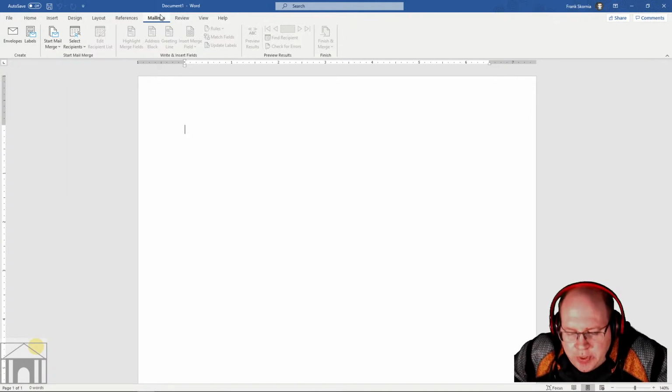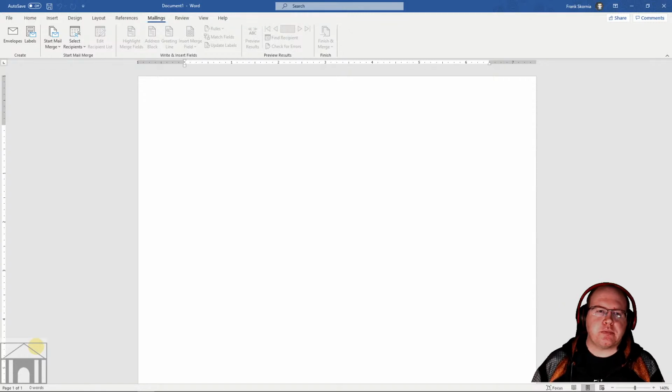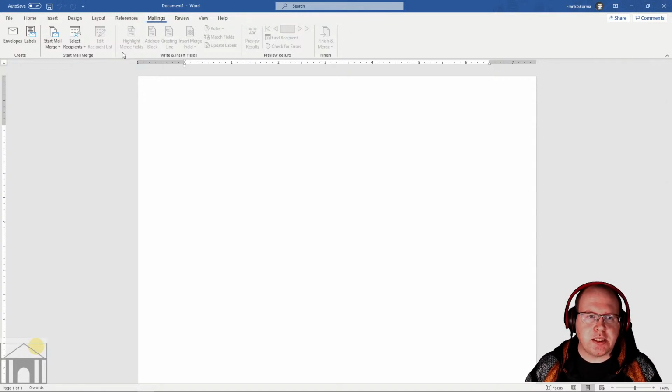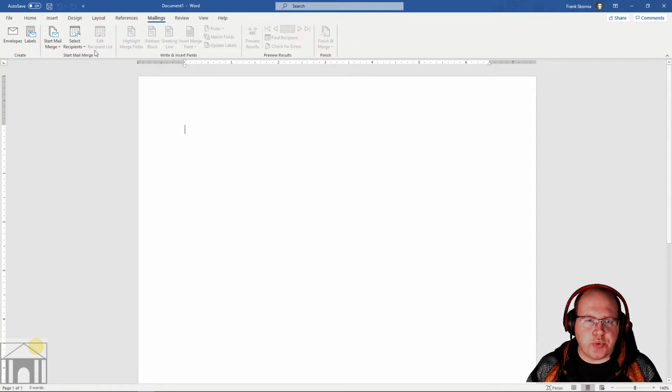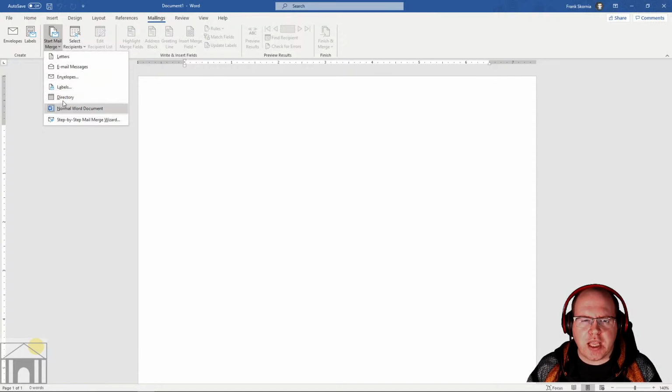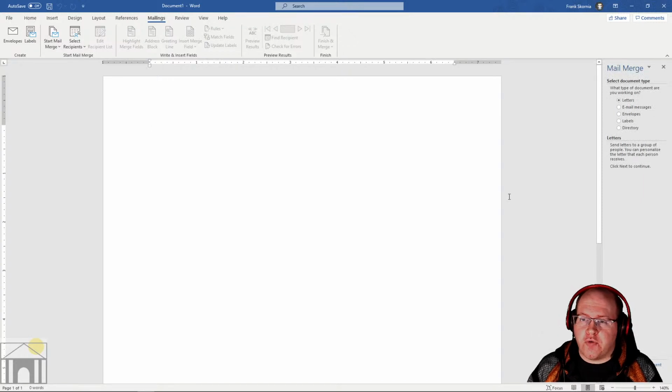So let's go in and start building our labels. I'm in Mailings, and I'm going to come over here where it says Start. So there's a Start Mail Merge section. We're going to be working from left to right across the ribbon. So we click on the Start Mail Merge button, and it's going to open up a menu. There's a bunch of different things we can do here. What we want this time is the step-by-step Mail Merge Wizard down here at the bottom. So when I click on that, you'll notice over here on the right side of my screen, it's going to